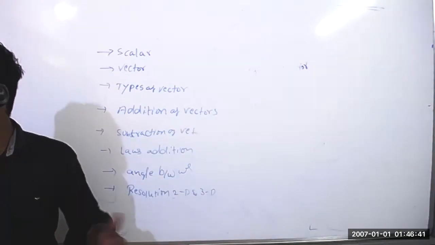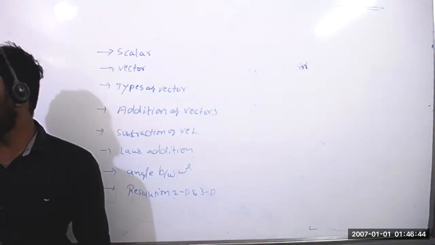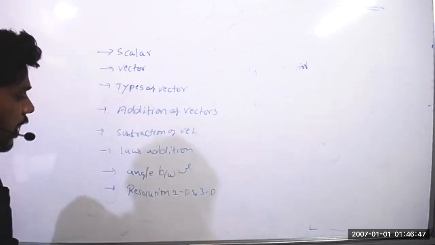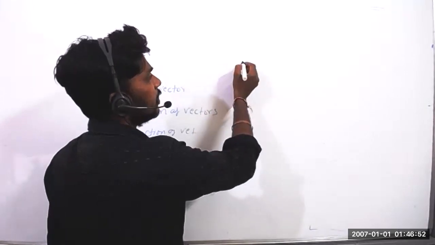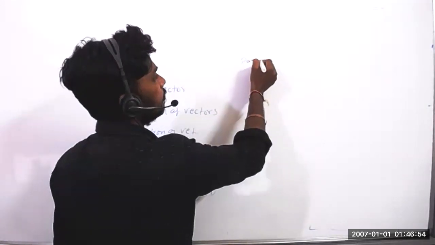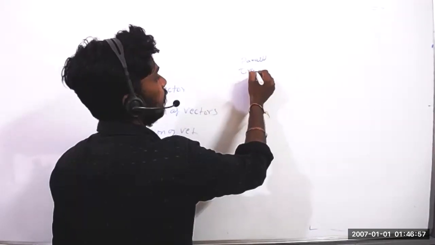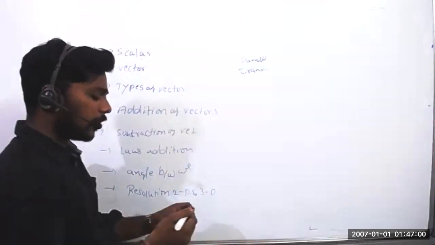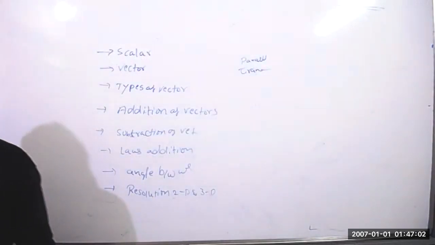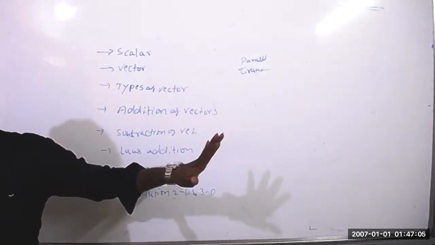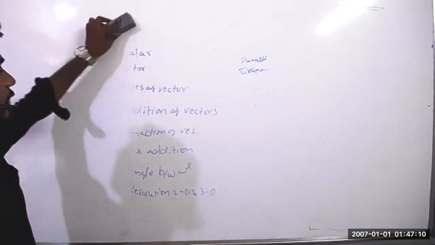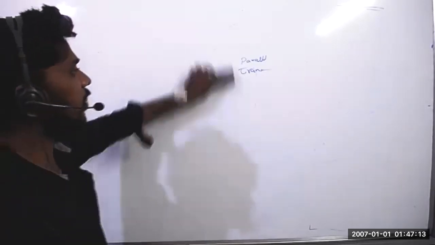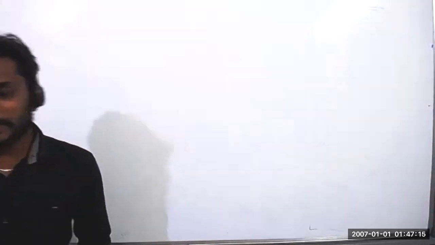Some of the important problems I told, cos square theta plus sin square theta equal to 1, like that. I have given that one. And after, how to add vectors which are in different directions by using parallelogram law. Triangle law, that we have learned. And the parallelogram law, some of the important points also I gave. All important points slowly I gave. Till now what we have discussed, and even just I gave an introduction about what is the dot product and what is the cross product. Just keep in mind.